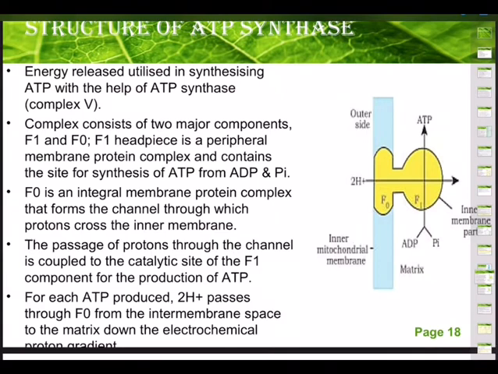It consists of three parts. F1 particle, as you are seeing, the yellow portion, please focus, is the headpiece of the projection observed on the matrix side of the mitochondrial crest. F1 contains 5 associated subunits, and the F0 complex is localized in the membrane layer and contains the proton translocating mechanism. It is composed of 3 to 4 distinct polypeptides and one proteolipid, a protein stalk that connects the two.